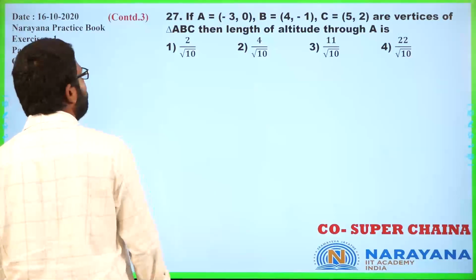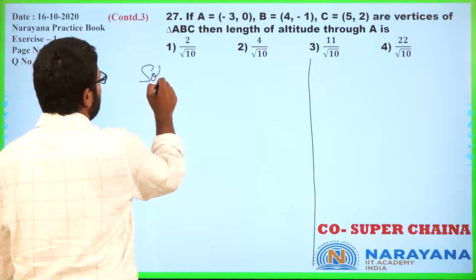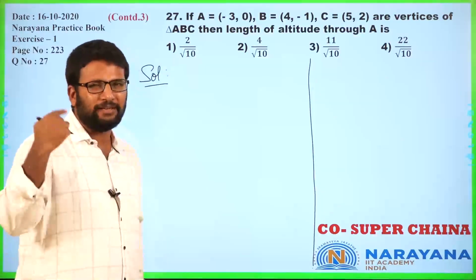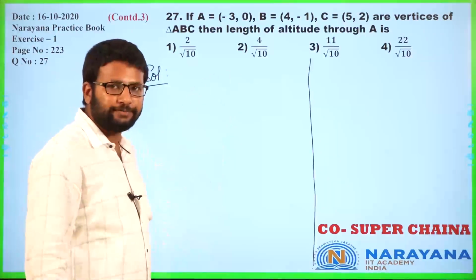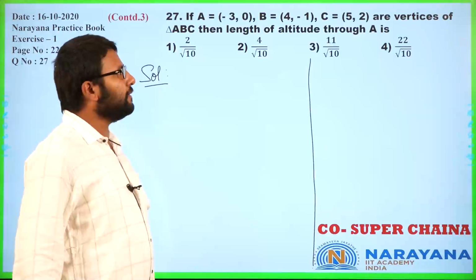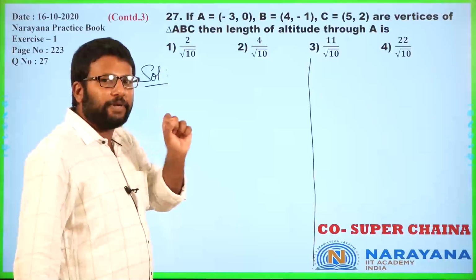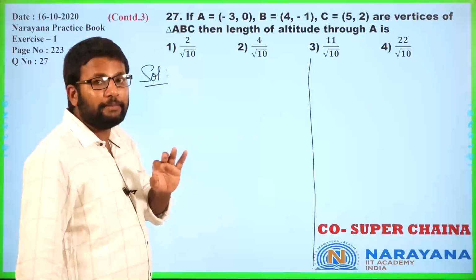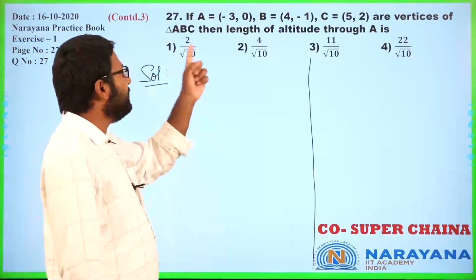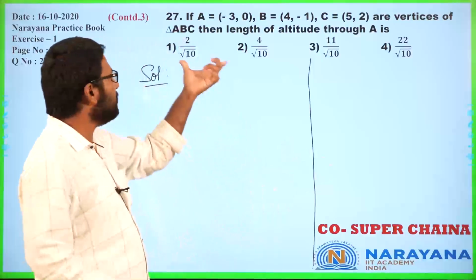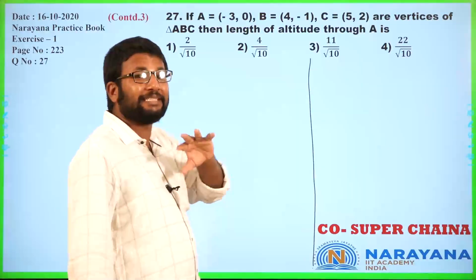Now, often in the exam, you are not able to figure out what is the right answer. In fact, you won't even know how to proceed. Many times it has to occur to you. For example, in this question, what if you don't recall that I can use the area formula? What if it doesn't occur to you? Then, especially in coordinate geometry questions, if you are able to plot everything perfectly, many times, but not always, you can guess the correct answer. You can guess the correct answer also when you see the options are far apart. The distance between the options is not very small, which means you can use approximation and try and guess the answer.